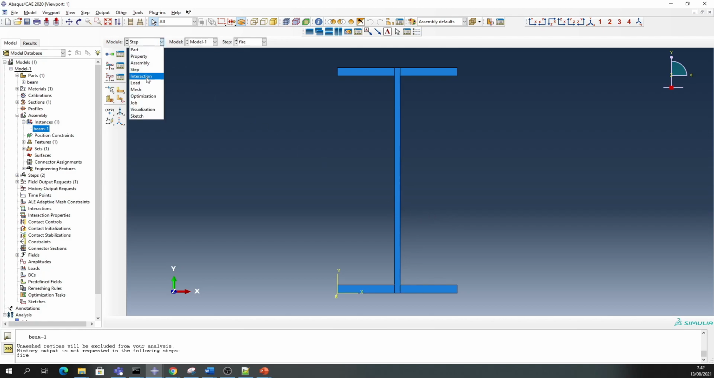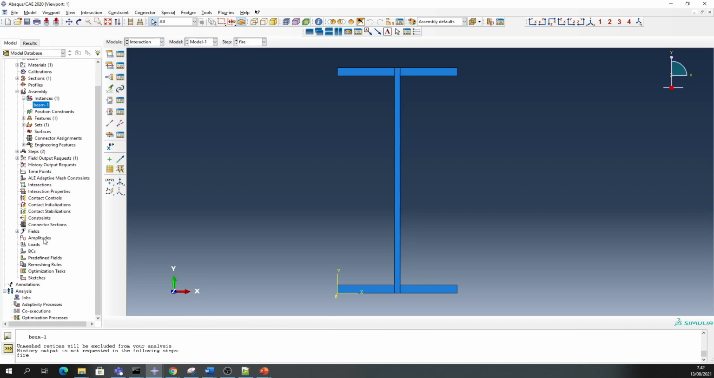Okay, so the interaction model is here after the step model. Here you can see an interaction manager, an interaction property manager, and a constraint manager, and these are the things you manage. These are the different interaction properties you can apply in your model. Before doing that, in the model tree, we'd like to create an